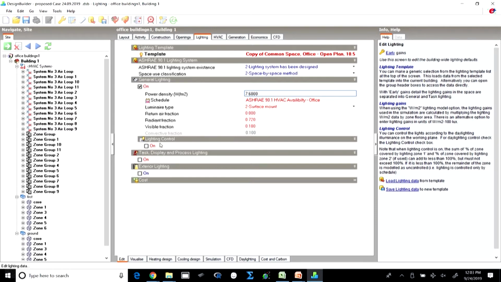The lighting controls basically control when the artificial light will be switched on or switched off. It is largely dependent upon the amount of daylight which is available. Sometimes the photo sensors will be outside,